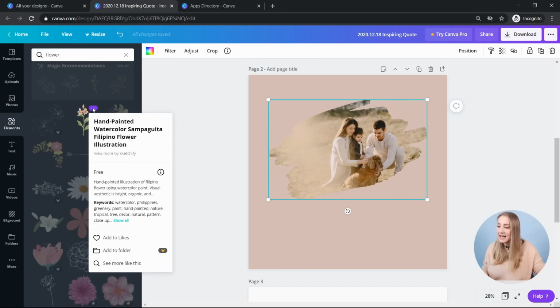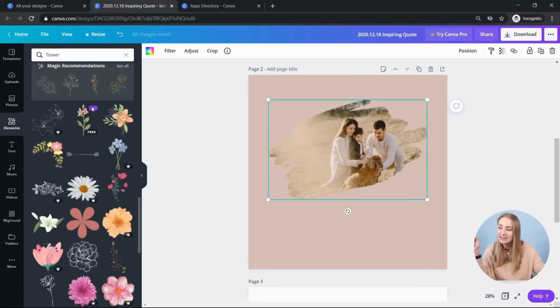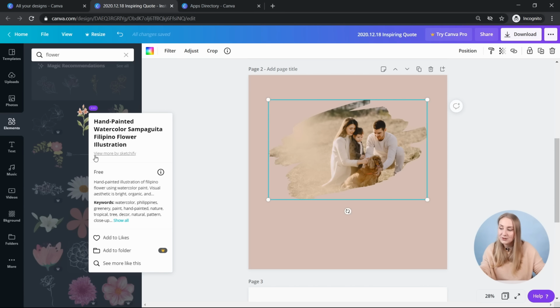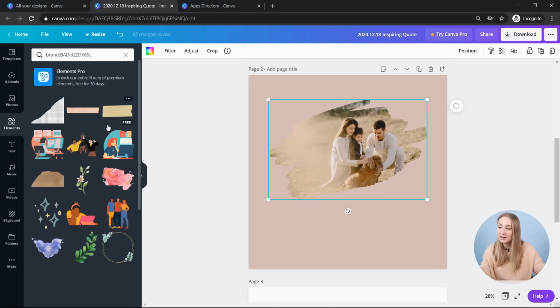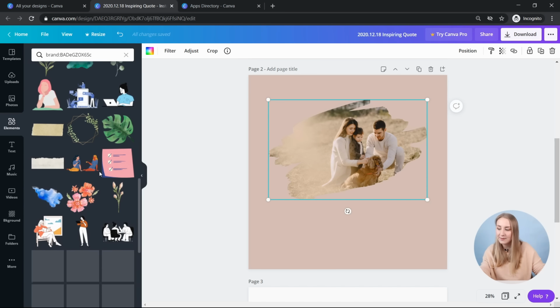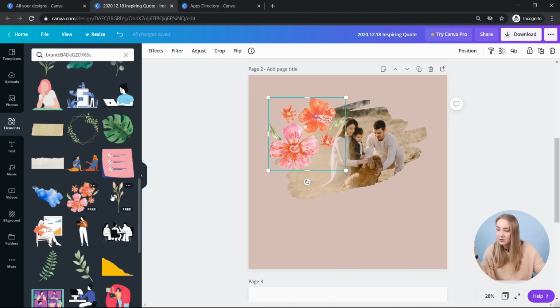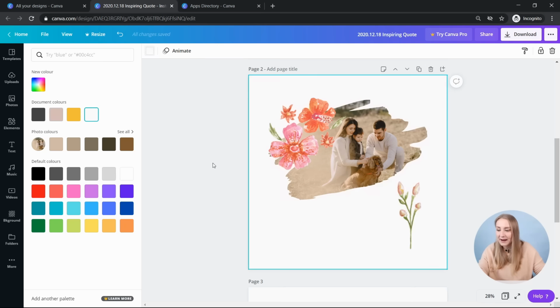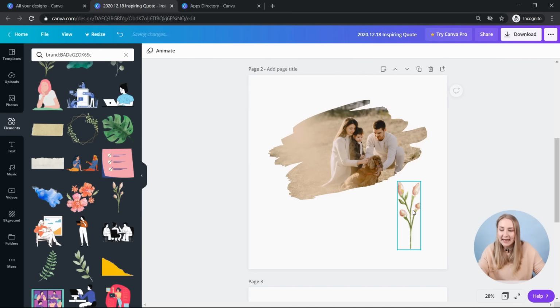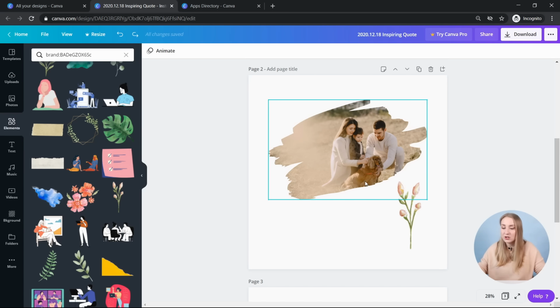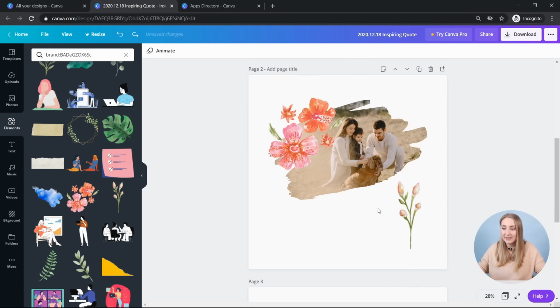Another neat thing is that if you find a specific element that you like, and by the way, it goes for photos and other elements as well, you can click on it in here and see what it was created by. So you can see view more by Sketchify, which, if you click on it, will give you other elements created by that creator. So sometimes you can look for something that looks similar. This one will look very similar to that one. They're watercolor. Obviously, they've got some white elements below that, so you would need a lighter background for this. But you get what I'm saying. It's quite a cool trick to search for very similar elements as well.